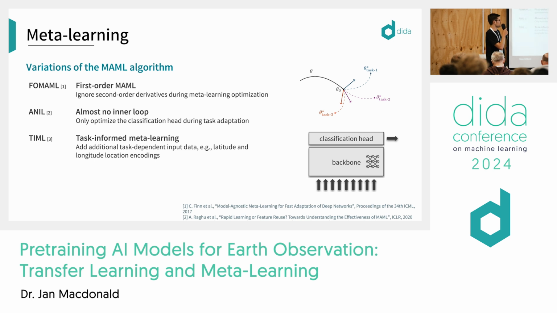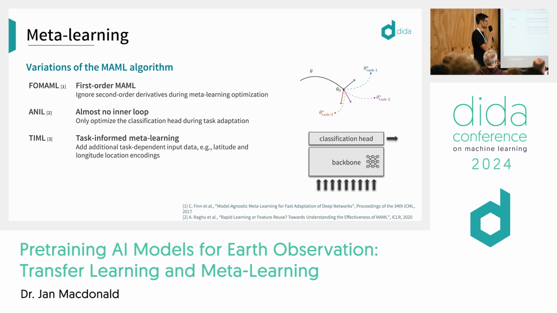And yeah, this works quite well too usually. And it significantly reduces the computational cost. The last algorithm that I want to mention here is called task-informed meta-learning, TIML. This one does not decrease the computational complexity, but instead it's more specific to, let's say, geographic or Earth observation